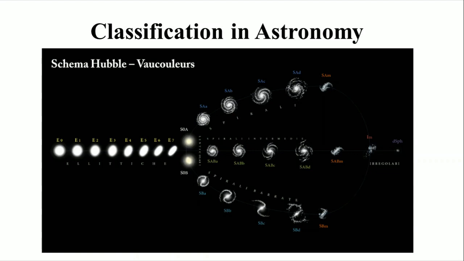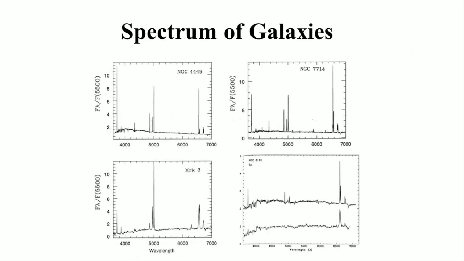Now we know that in astronomy, imaging is not the only method that we use to understand galaxies or any astronomical source. After imaging, there is also spectroscopy. Just as there is a large amount of data in imaging, there is also a bulk of data in spectroscopy. There will be lots of galaxies, and just as we have images of lots of galaxies, we will have spectra of all the galaxies also.